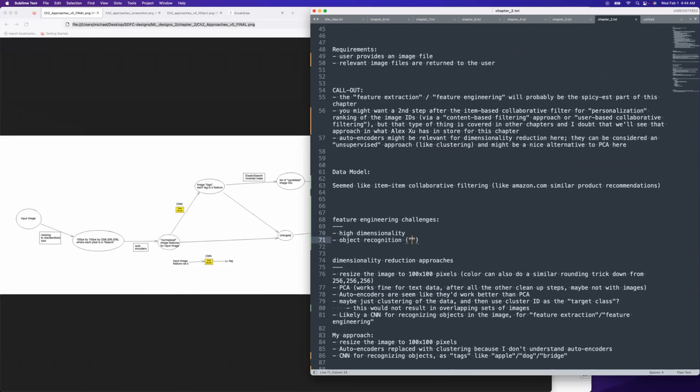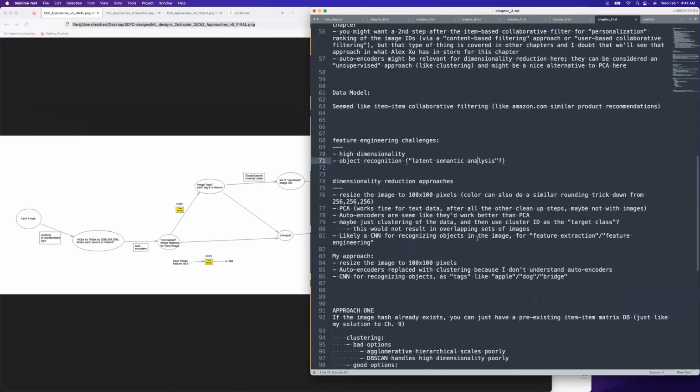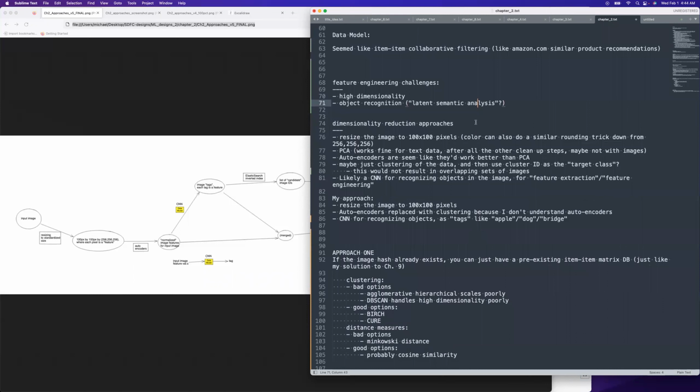which might be hidden latent analysis, or hidden latent semantic analysis. There's some kind of semantics you have to pull out of the image, some kind of hidden meaning that you need to be able to pull out, and you don't have anything like that with text data from what I've worked with before. In fact, with text data, you even do this thing where you remove the stop words,